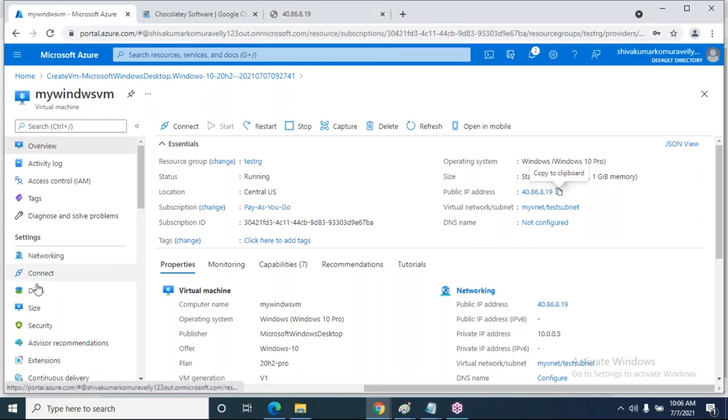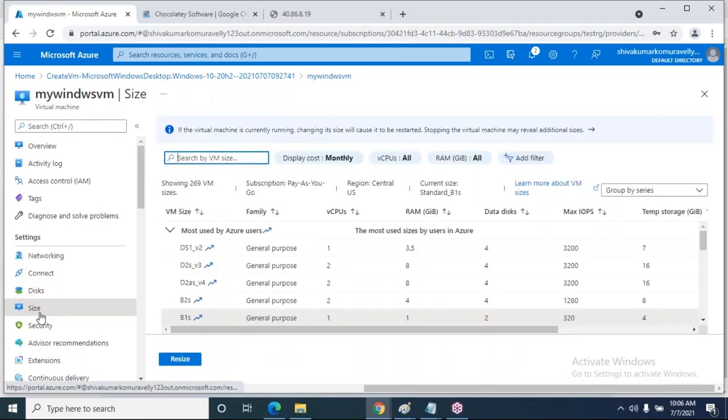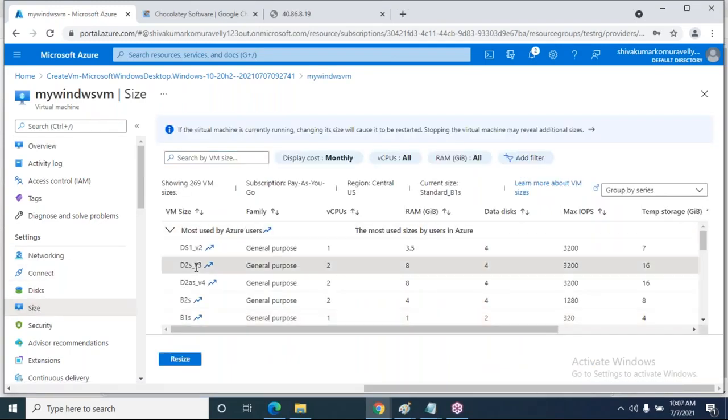And here you can use all the options, like how to increase the size. You can increase the size like this. So select D2S_V3, select resize.